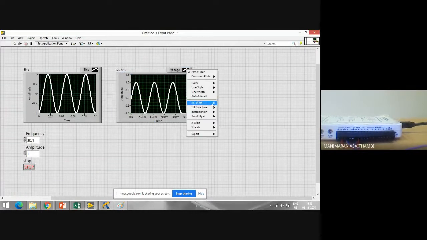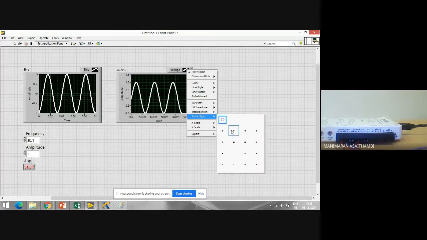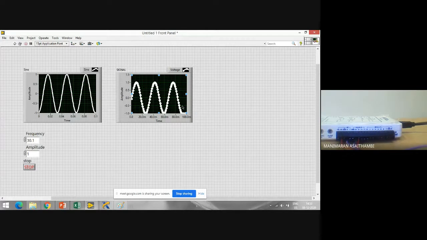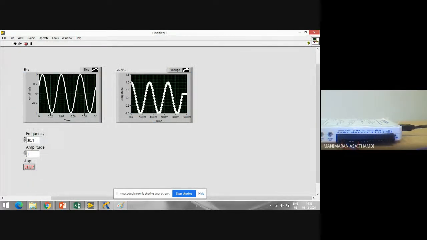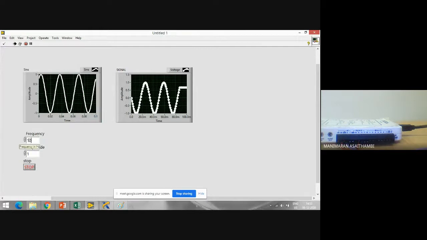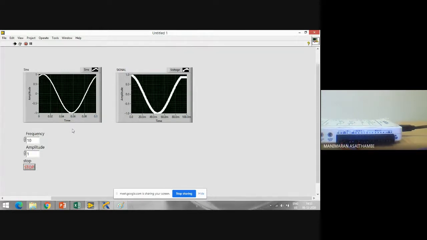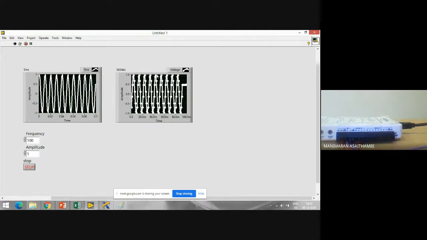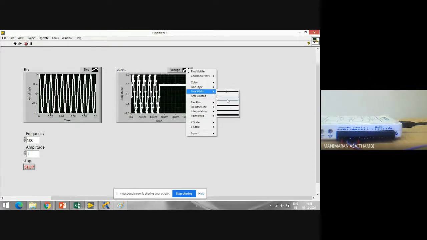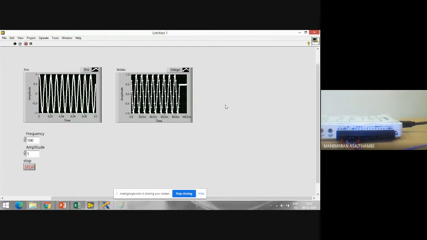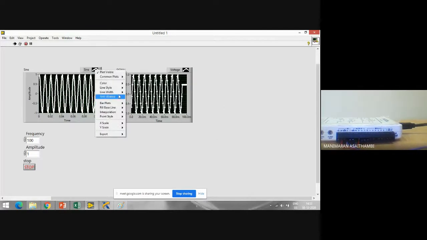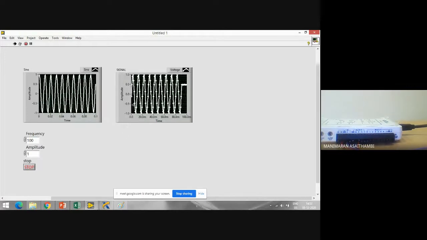If you want to see those 100 points, we can easily see them. So these are the 100 points. When I run here, I'm taking 100 points. For example, if I say 10 hertz, here I have 10 hertz. If I say 100, for 100 I'll take these points. That's why your signals will not be proper. I reduce this line width so that it's easy to visualize. I'm taking only 100 points over there.